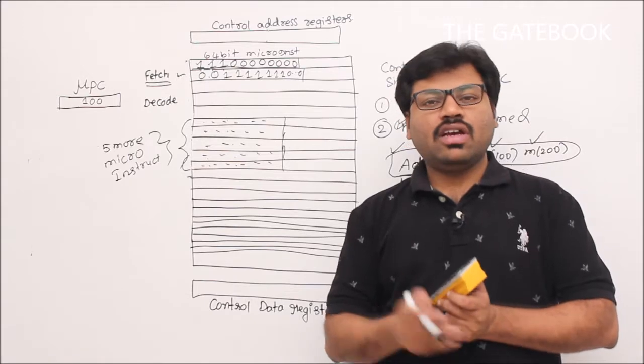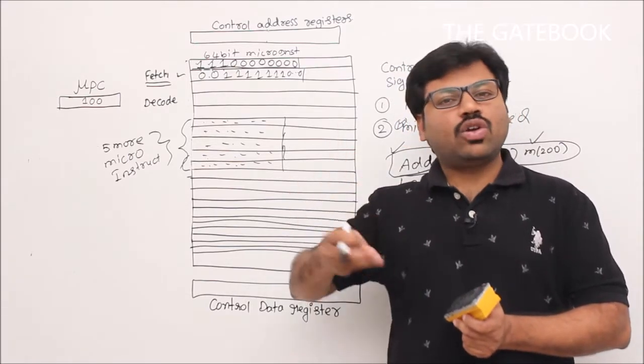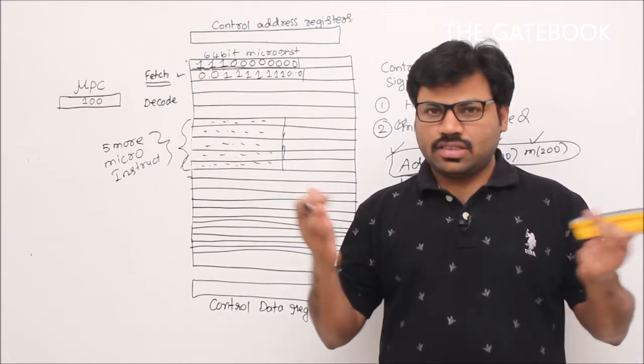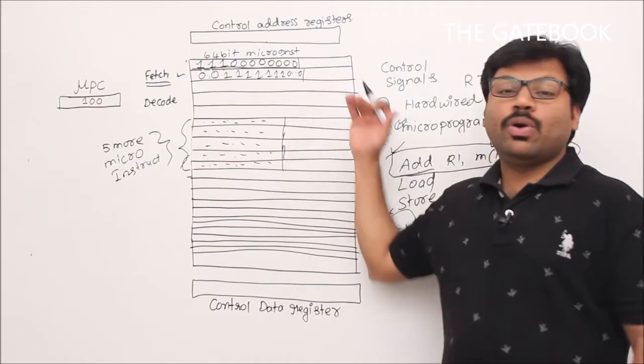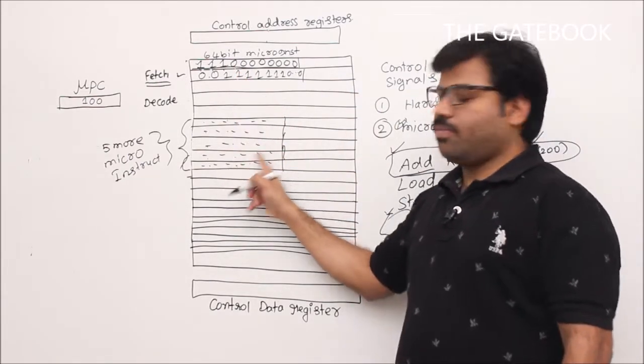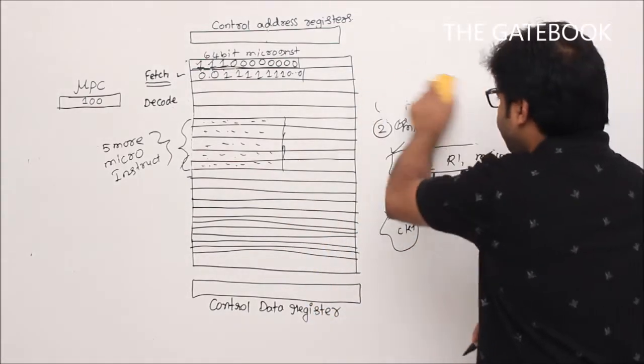What is the difference between hardwired and this one? In the hardwired, the circuit was automatically generating the signals. In such a way we created a complex circuit, but here we are programming it, right? So in that way, these are all instructions in the program. Now I can say that here what finally we realized is,